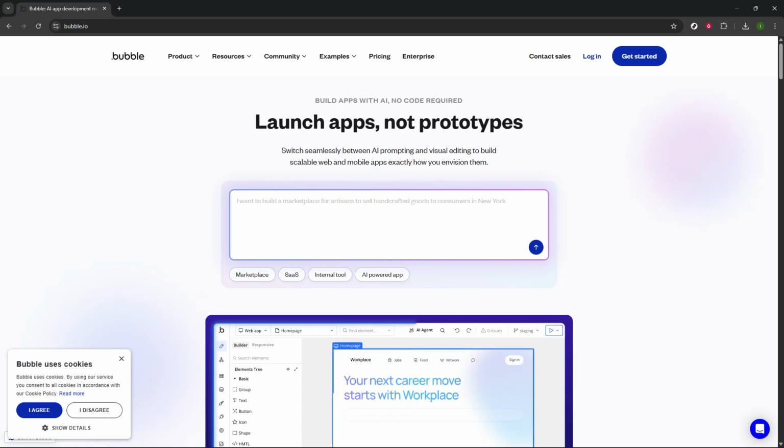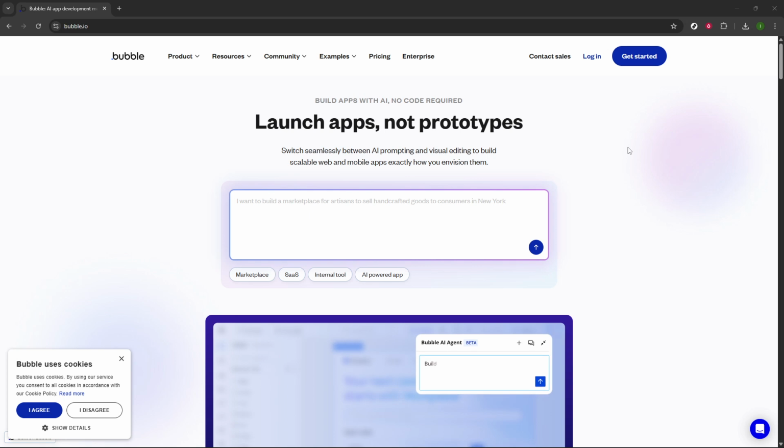In today's video, I'm going to teach you how to use bubble.io. Let's begin by navigating to the bubble.io website. Simply open up your browser and type in the URL. Upon arriving at the homepage, take a moment to familiarize yourself with the layout, which is designed to be user-friendly